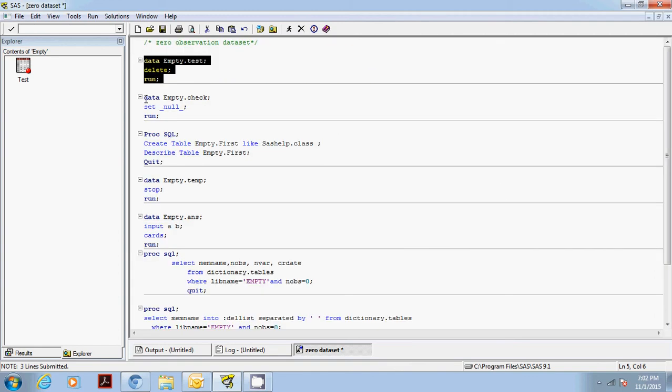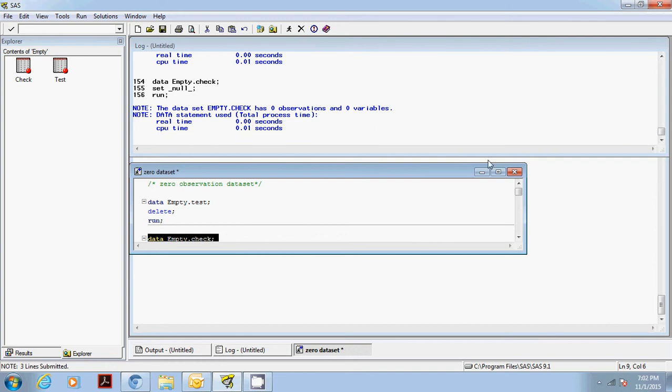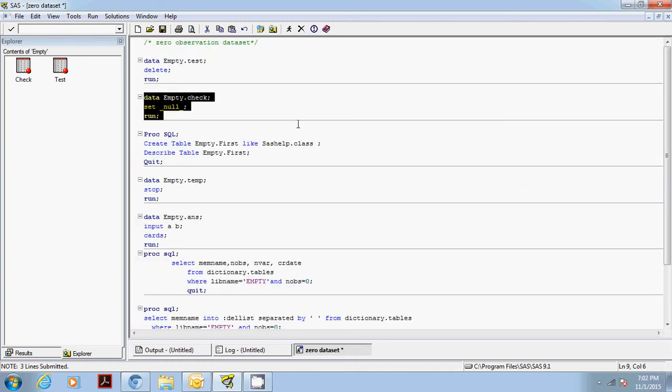The second method is I'm going to create a dataset with the name check in the empty library and write a data null statement. Here we go.